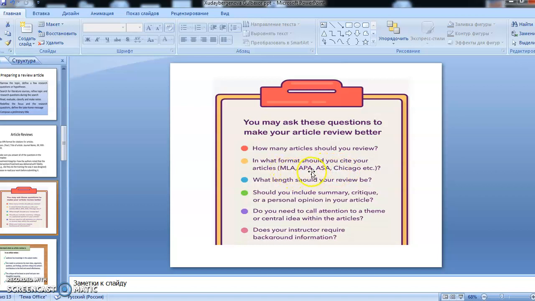It may be MLA, APA, ASA, or Chicago format. What length should your review be, and should you include a summary, critique, or a personal opinion in your article? Do you need to call attention to a theme or central idea within the articles? Does your instructor require background information?